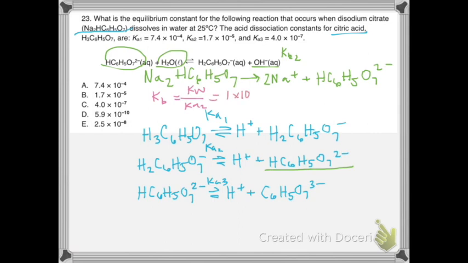So 1 times 10 to the minus 14 divided by 1.7 times 10 to the minus 5, which is equal to 5.9